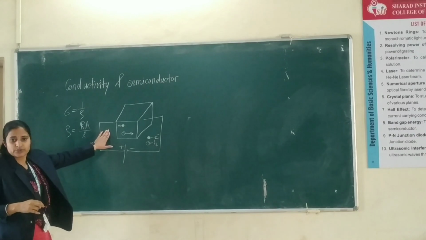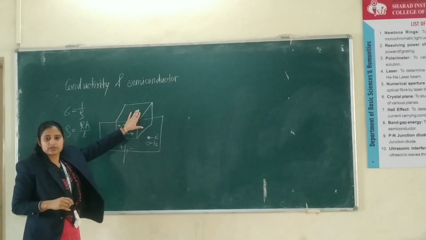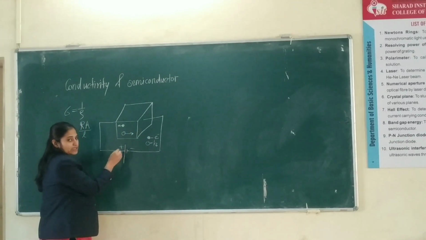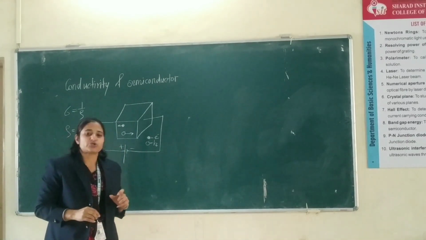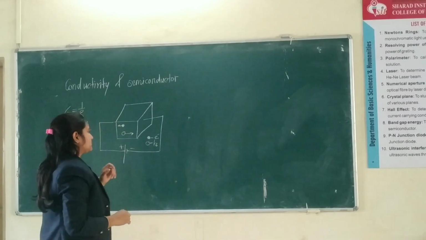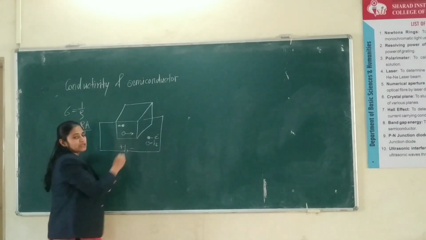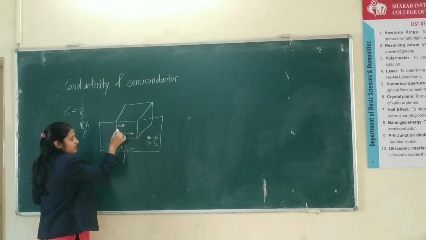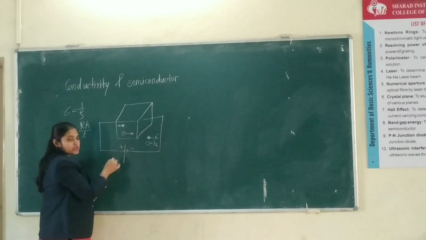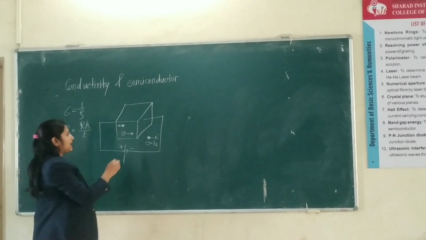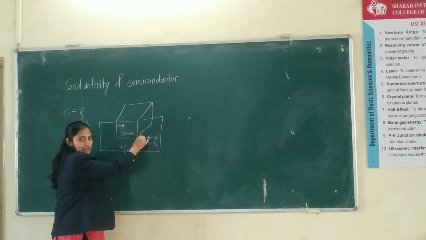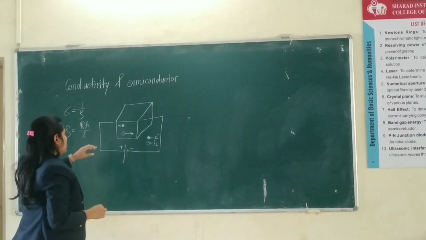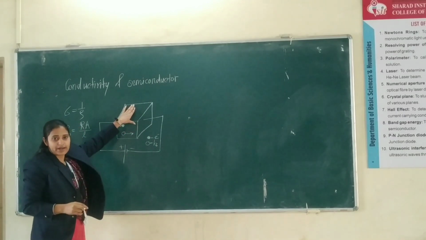At 0 degrees Kelvin, this semiconducting material acts as an insulator, and if we increase the temperature, the motion of electrons and holes is produced in the semiconducting material. Electrons move opposite to the applied electric field, and holes move towards the electric field. In the absence of an electric field, these charges move randomly.